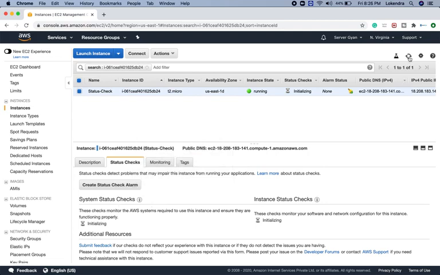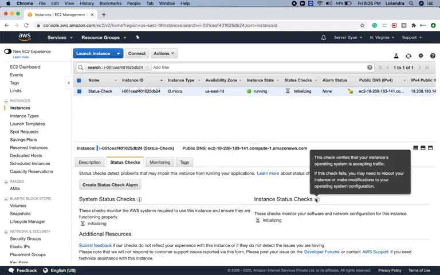Okay, what else can happen here? It could be possible with your individual instance. What does that mean? Let us say you are running your operating system and you have enabled your firewall. For example, you have blocked all the incoming traffic inside your firewall. That could be a problem. It could also be that you modified your /etc/fstab file and rebooted the system, and it is not coming up. In that case also your system check can fail.